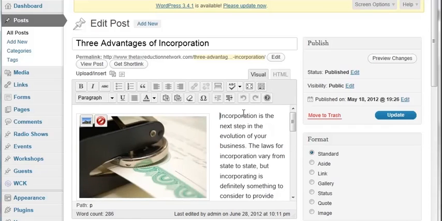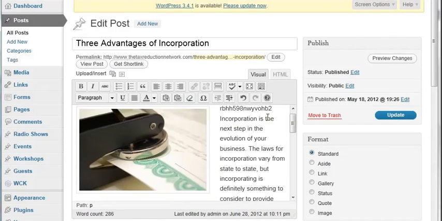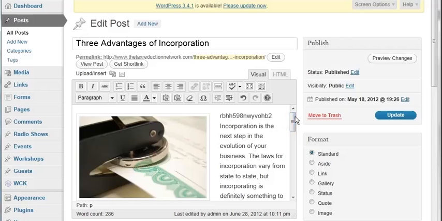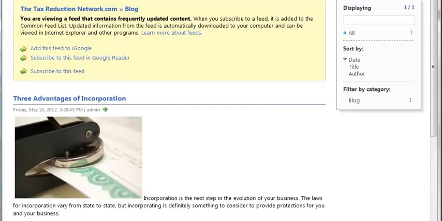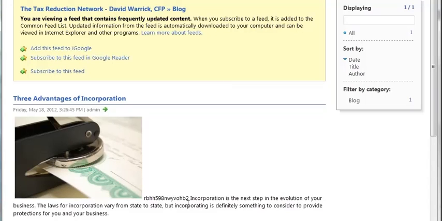And I'm actually going to add this code to the beginning of my post. That way I am sure it'll be seen in the feed. So I'm going to update my post. And it is updated with that in there. If I go in here and I refresh my feed, I can see in my feed that the code is